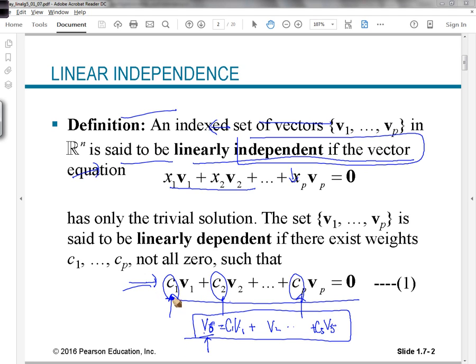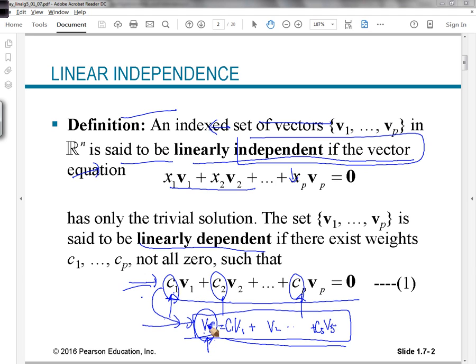This equation is another very important perspective of this linear dependence relationship. Again, at least one of these coefficients will be non-zero if they are linearly dependent. And in that case, at some point some vector will be described as a linear combination of the previous ones.